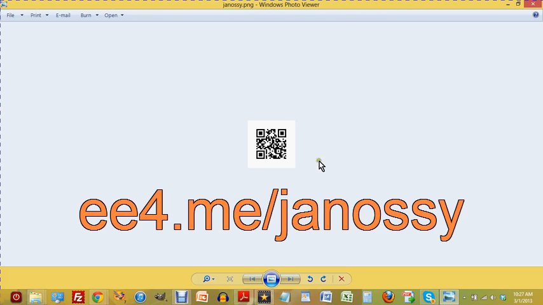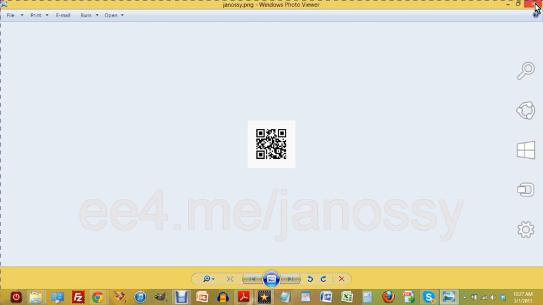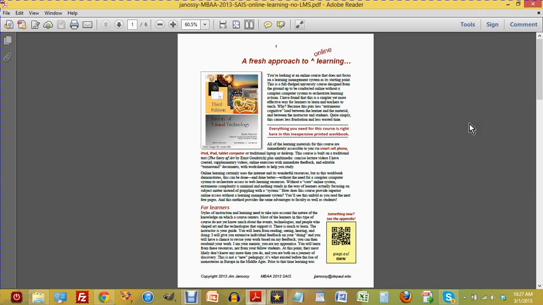That little pattern, if you scan it by way of a cell phone or an iPad or an iPod or any tablet computer, that will take you to the URL that I've encoded there. This particular URL, if I were to go there, takes you to the download for the two documents that form the basis of these two presentations for MBAA. There are tools available today that will let you create your learning materials in this format. I think you might want to try that.